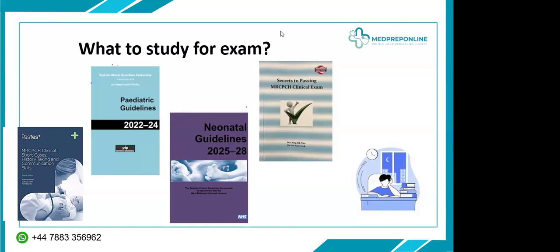Then the pediatric guidelines. Till now, we still have this 22 to 20 guidelines. This book, you have to read this book from maybe